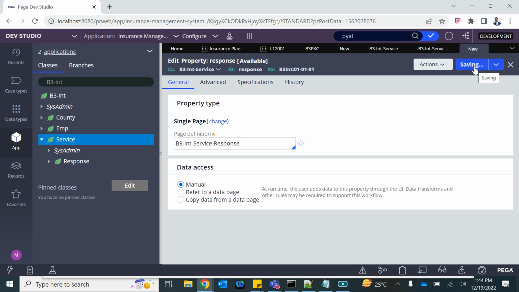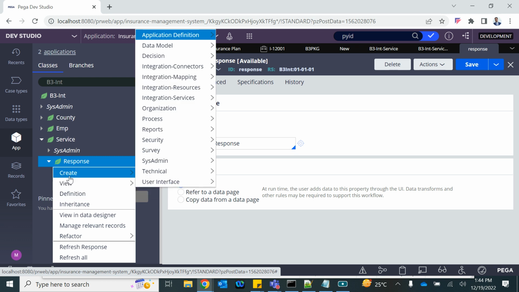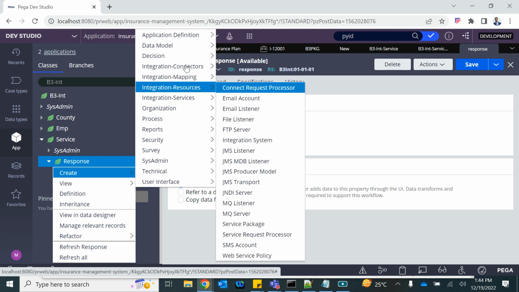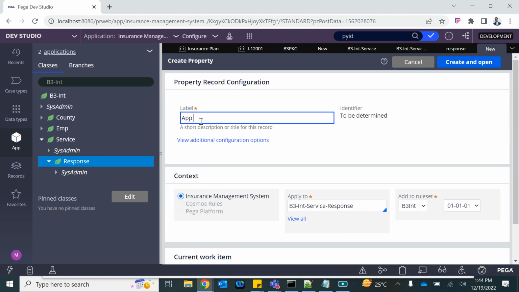In the response, we will have work status, which is application status. So I will create a property app status,